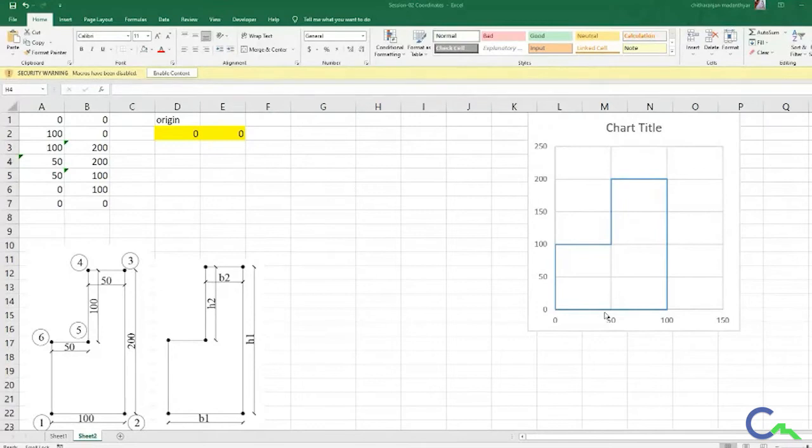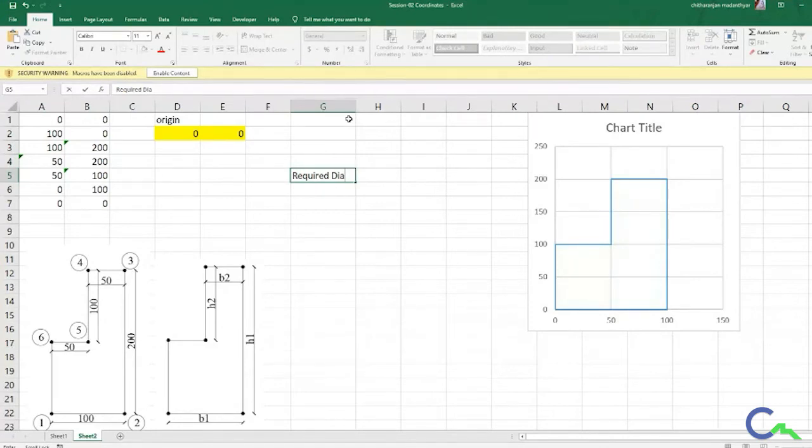Firstly, I'm going to explain. I will take one example. By using that example, I will try to explain how we can use a list option in the Excel. So, for example, in the design, we will get required dia, maybe required dia or required area, anything, or required moment, something like that. So I will take here required dia since I want to explain a list option. Okay, so if the required dia is 10 mm.